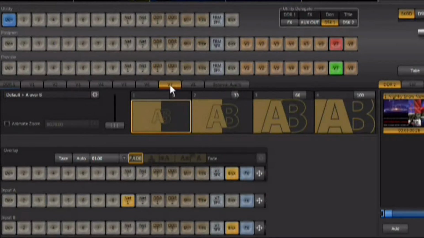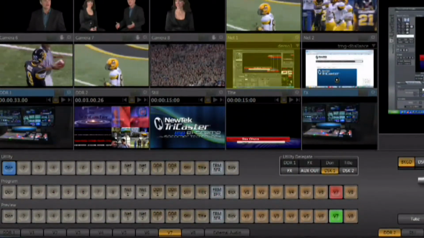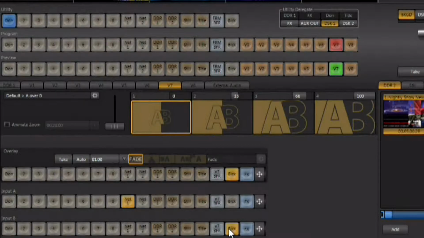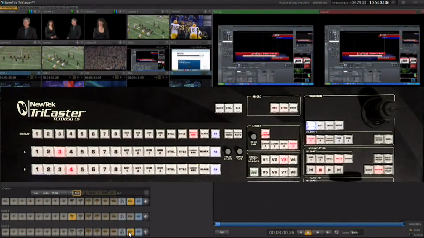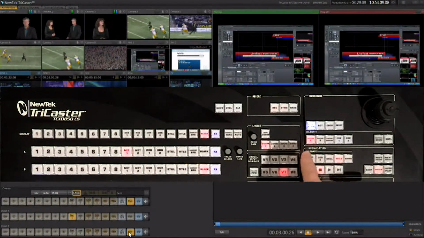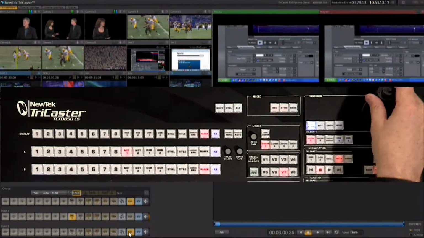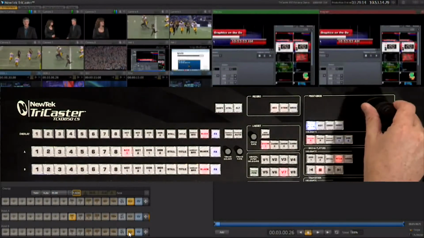Now, on this particular input, what I've done is I've loaded up, let's go to virtual input number 7 here, and I've told the virtual input that I want on virtual input A, I want to see network 1, and that's my computer coming in. Now, on virtual input B, I've set it to black. Now, again, I'm going to select virtual input 7, that's the virtual input that I'm on, position and scale, virtual A,